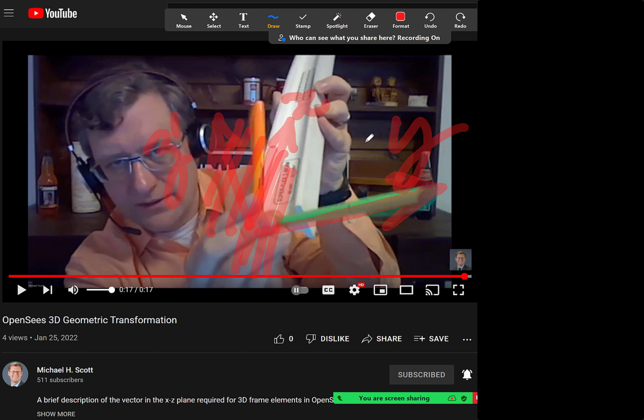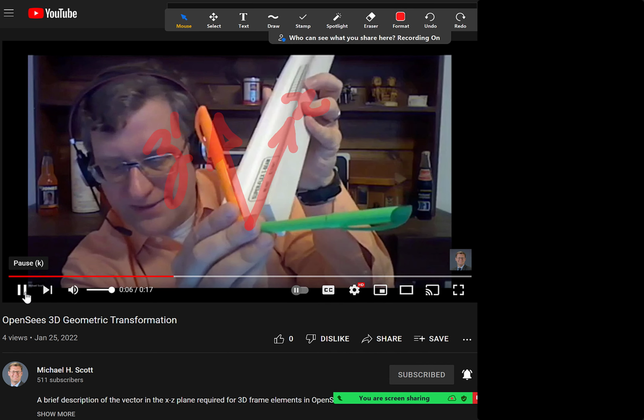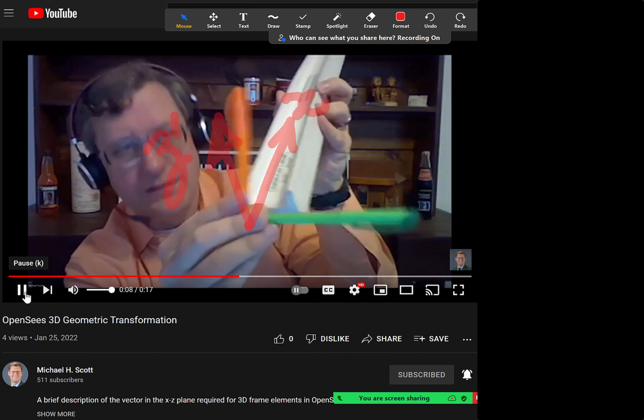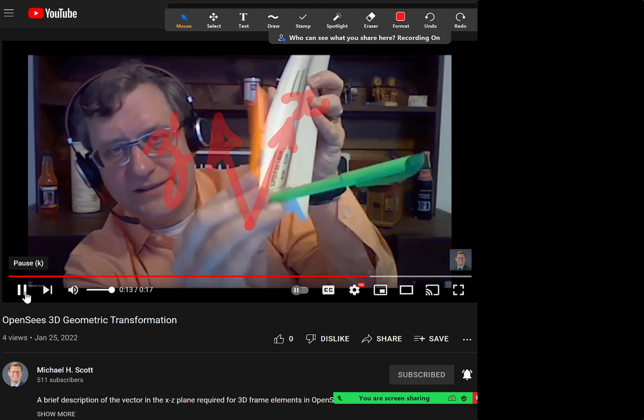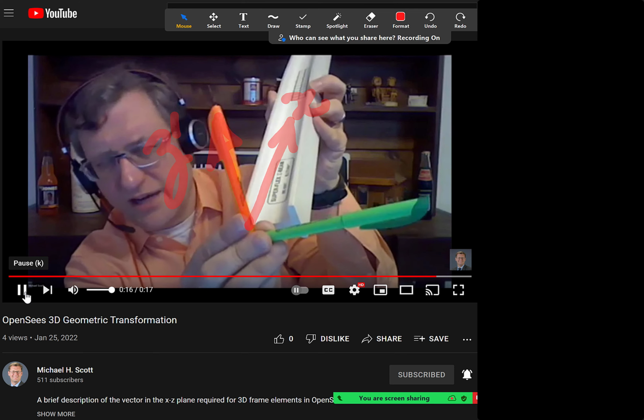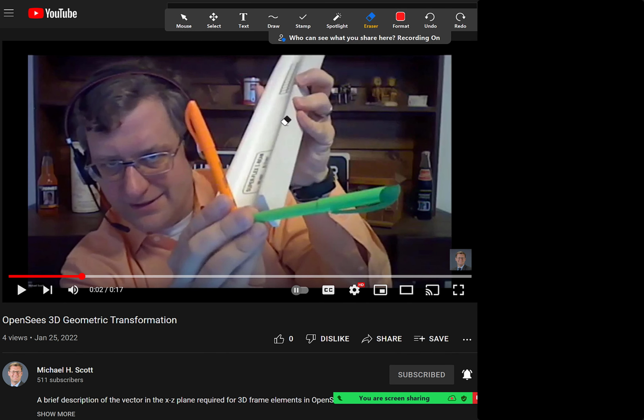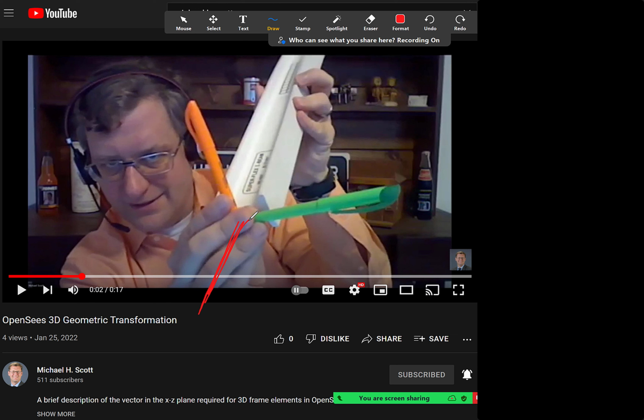Okay, so watch. Maybe I'll go back a little bit. OpenSees wants is some vector that lies within this xz plane. Any vector, really, in the xz plane, except for x itself. Right? So your local x-axis is actually in this direction, which means that this is node I over there and this is node J. Okay, so if this is your local x-axis and this is your local z-axis, or any sort of, call it z prime,